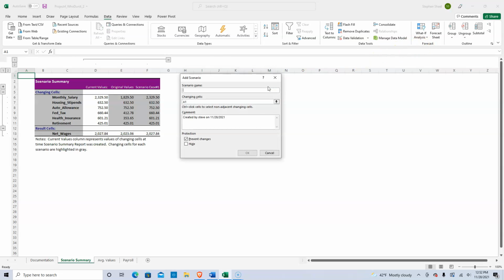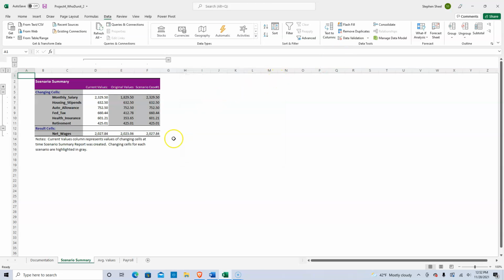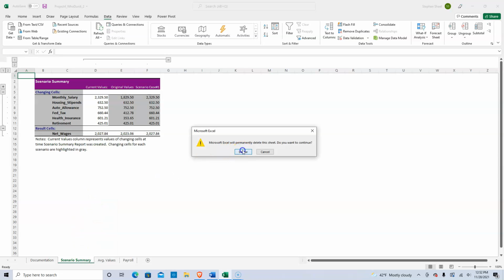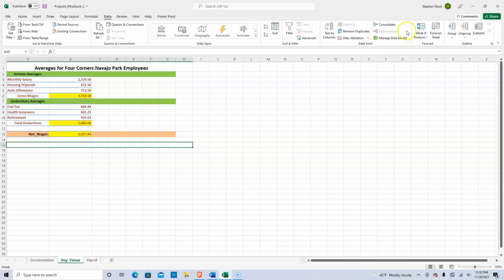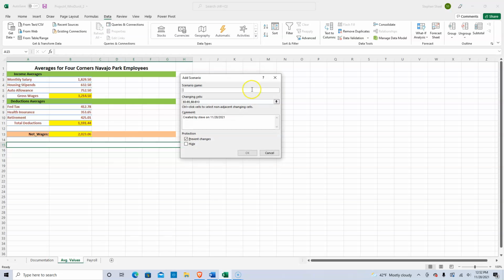So I want to add another case. Now again, word of warning. Let me go back over here. In fact, let me get rid of this because these just get cluttered around. Get rid of that. Now I'm going to go up here to my What-If Analysis, Scenario Manager, and I always want to build my new cases based on the original values. So I'm going to click on that. So here we have those original values again. I want to add